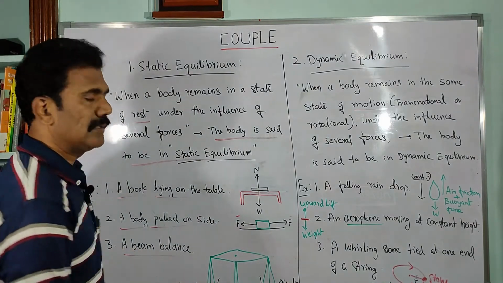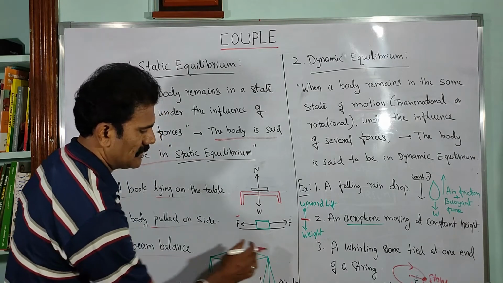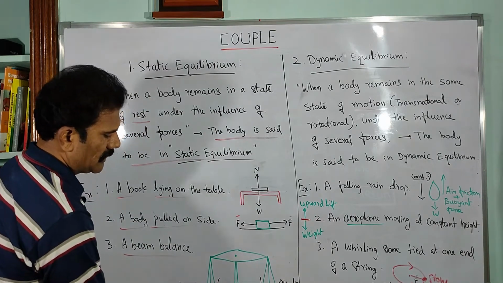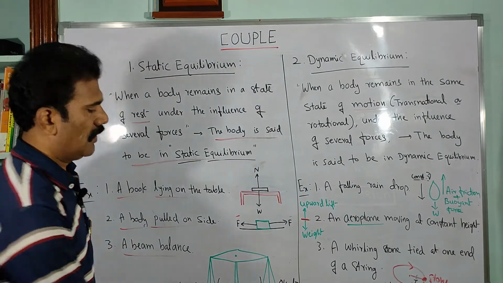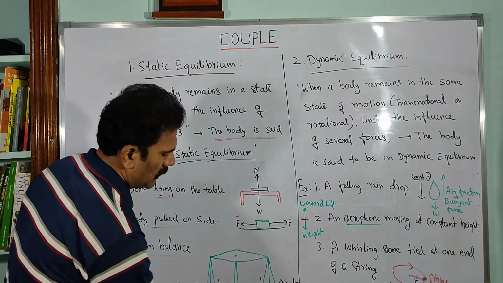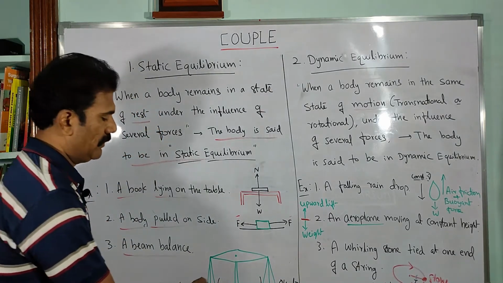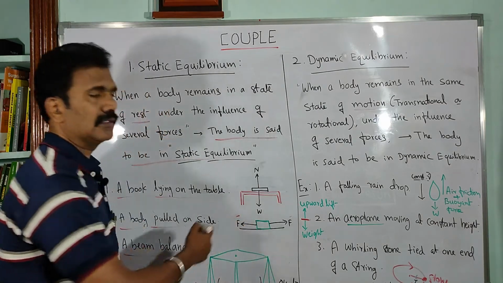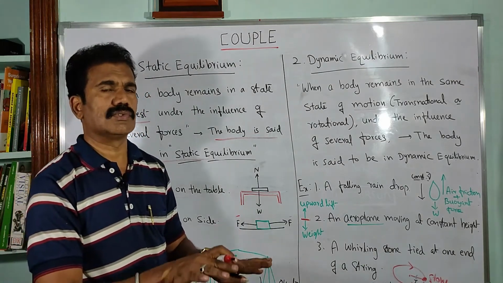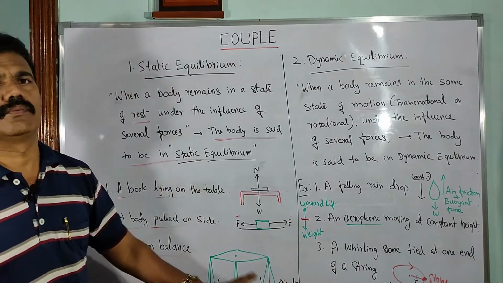Similarly, you consider a beam balance. Very simple. If you put some objects on one pan of the beam balance, the weights of the objects are balanced by putting some weights on the other pan, right? The objects on the pan kept on the right side make the beam rotate in the clockwise direction, whereas the weights put on the left pan make it rotate in the anti-clockwise direction, right? So these clockwise and anti-clockwise rotations balance each other so that the beam is maintained at rest. So this gives the static equilibrium to the beam balance.